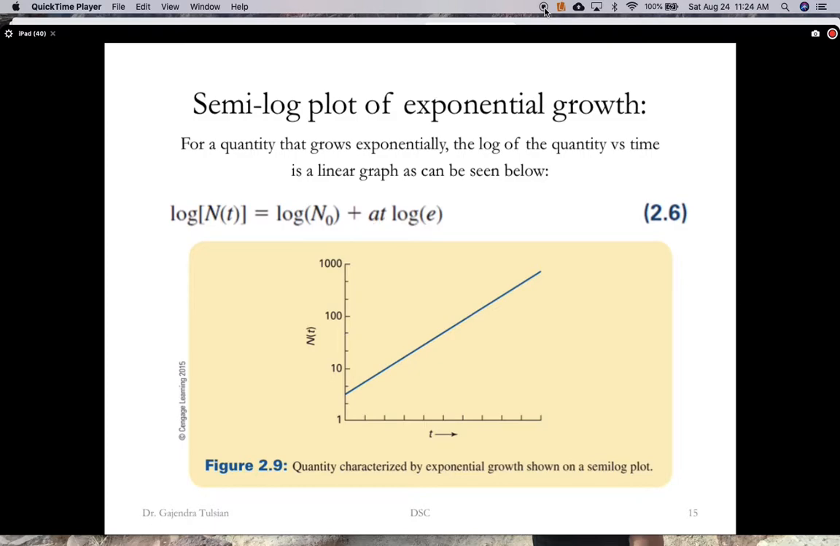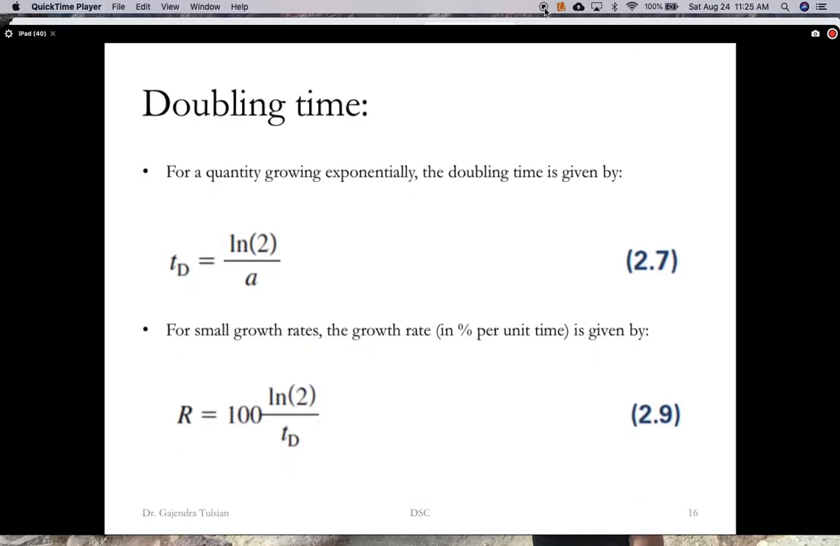And here's something you can do. You can take whatever quantity it is that you're plotting, you can take the log of that and plot it against time. So log of that quantity against time, and you'd get a linear plot. So this should be log of that. So there's a typo here. And from the slope of this line, you can evaluate this quantity A, the percent that the quantity is growing in unit period. Okay, and that's useful for the following